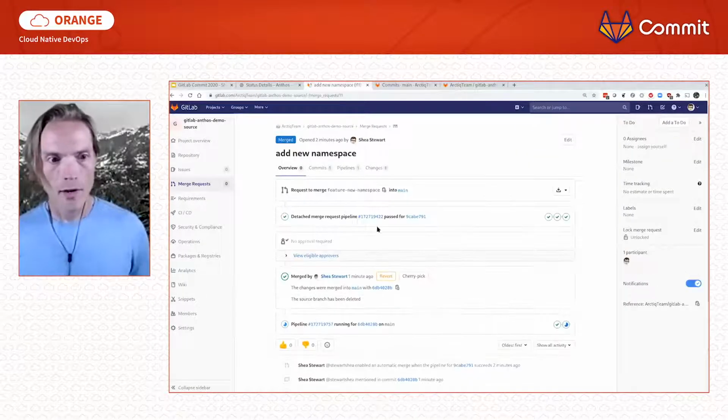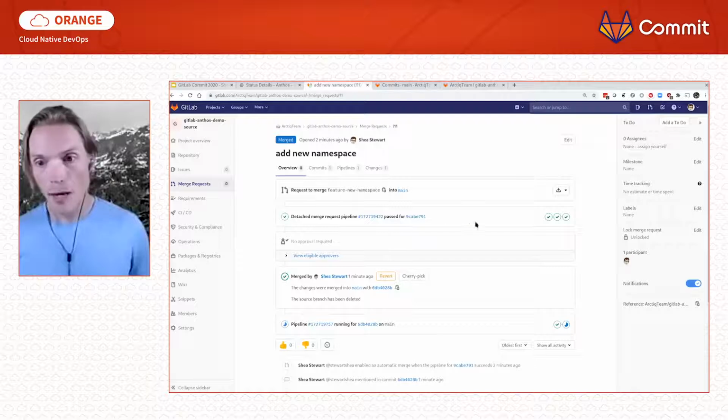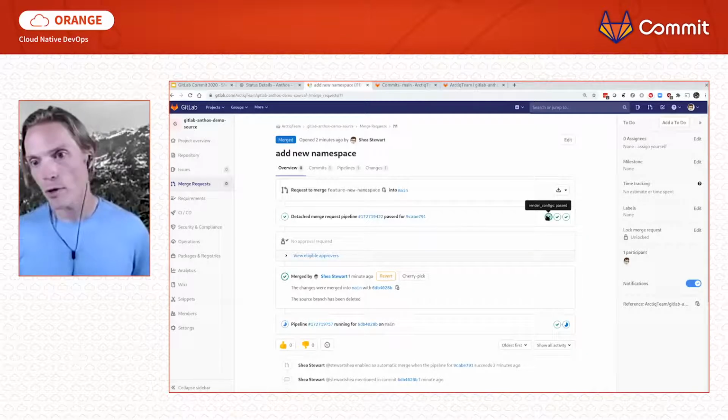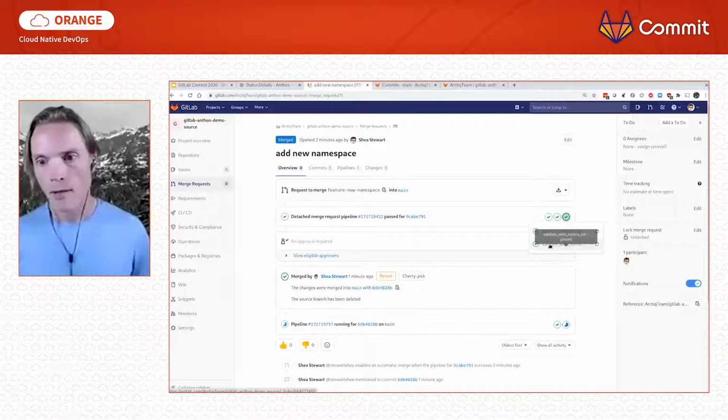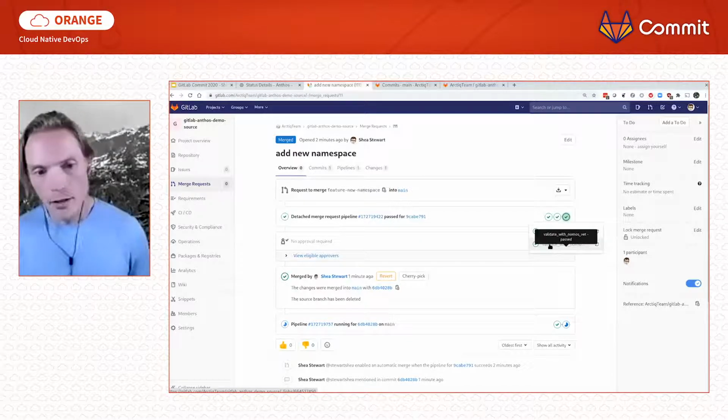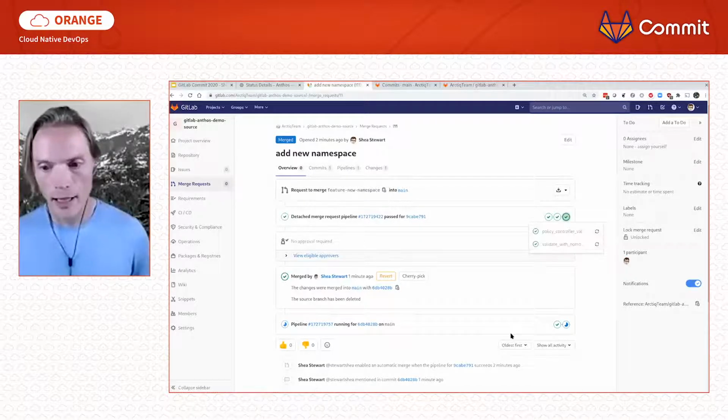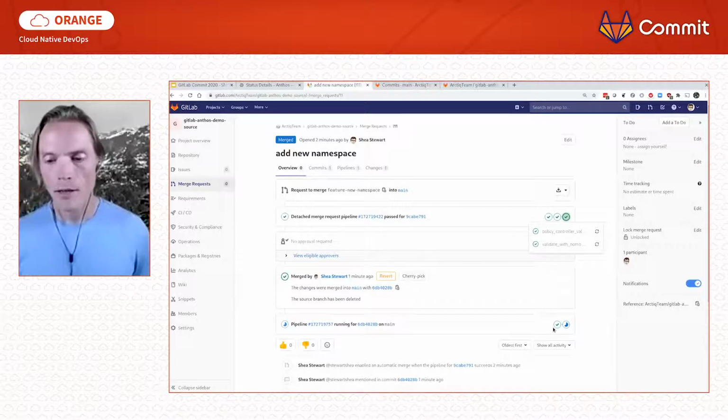So we can tell that we've actually got the pipeline, the first pipeline that did our validation was successful. We rendered our configs, we actually formatted our content, and we did some validation. And if we take a look at validation, we had our policy controller validation and our validation with Nomos Vet. So we were really, really happy there. And we're just running the last stage here of our